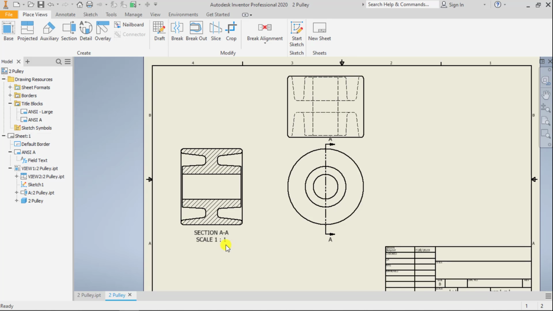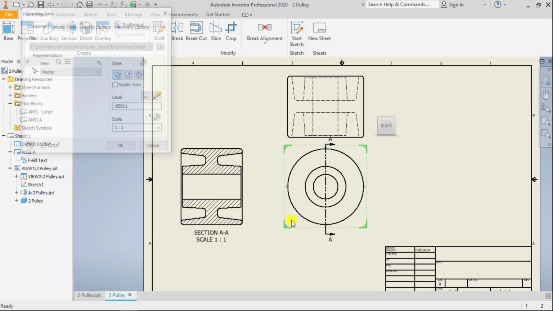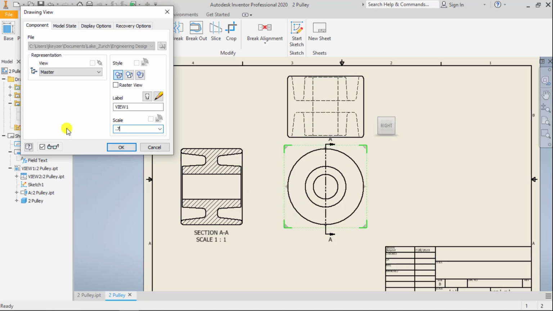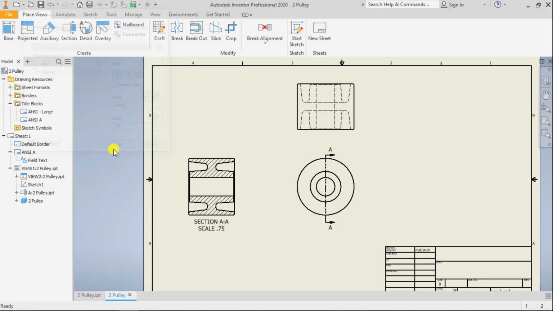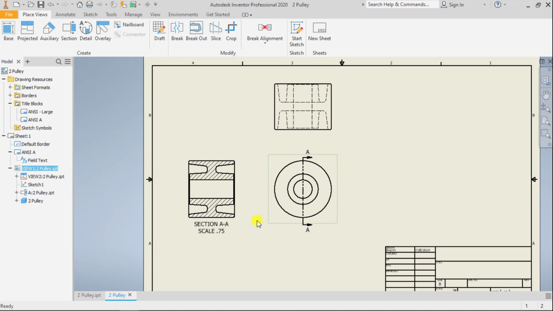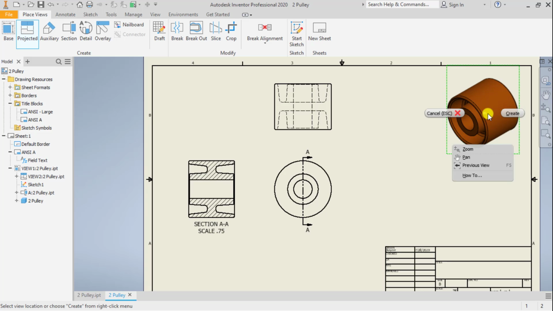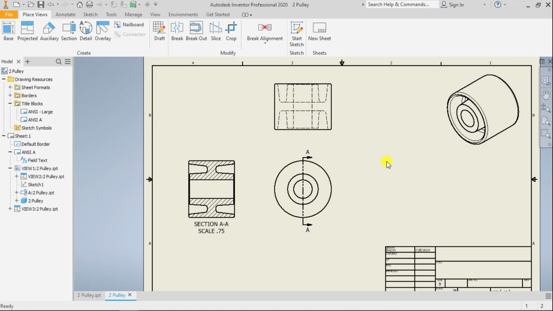And so what that shows me is all of my internal features that are more difficult to see in my other views. Now this is kind of tight in here. This is a 1:1 scale, so we can make this a 0.75 scale, and that will change all of my views. Now to get my isometric view of my side view, I can project this view, and there is my isometric view. Now that really doesn't show me a whole lot. I'm going to leave it on there just because, but it's a lot more helpful to do an isometric of